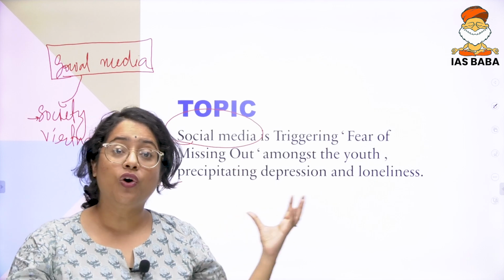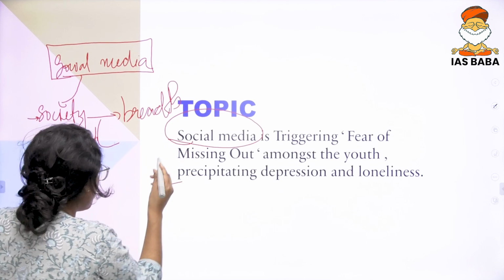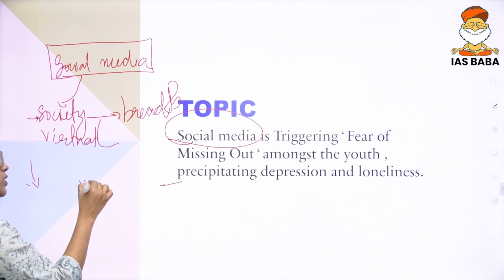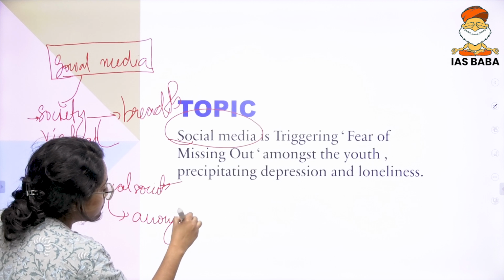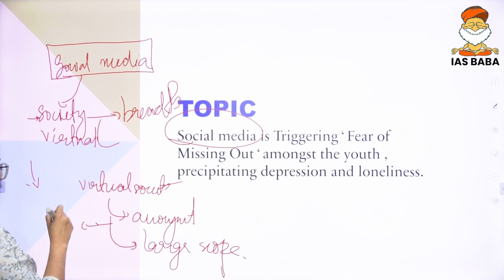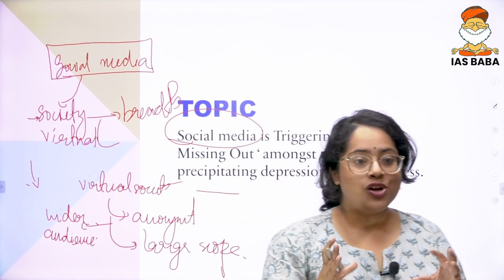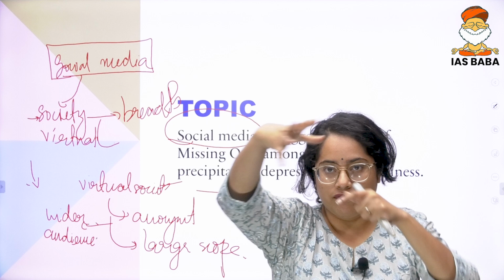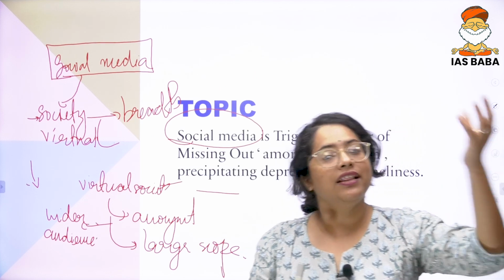So what has happened over here? You have increased the breadth. You started off by trying to replicate your normal society, but in that process, this virtual society now has so many other things in it. It has anonymity. It has larger scope. It has a wider audience. In general, what used to be a society that is very constrained and very small by its physical boundaries is now just opened up. Okay, so till this much if it's clear, now then the thing comes,